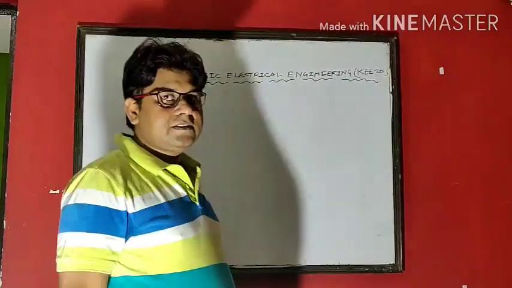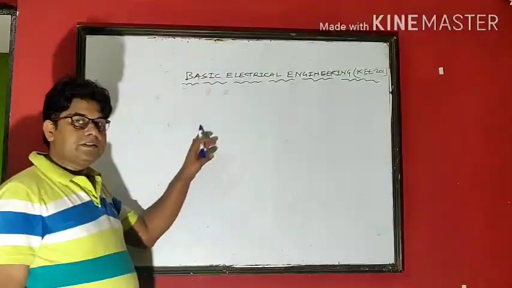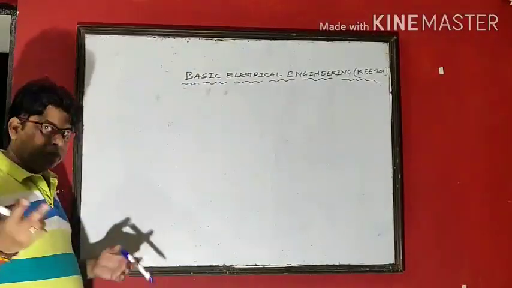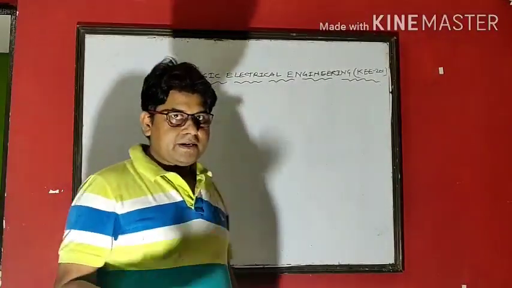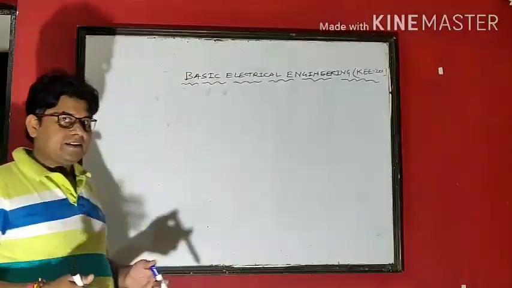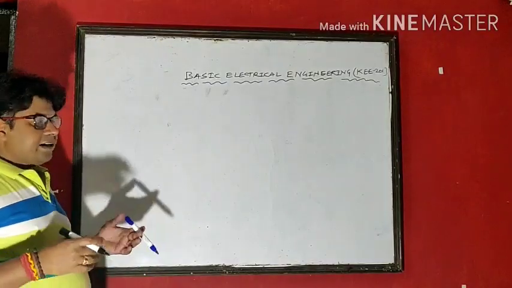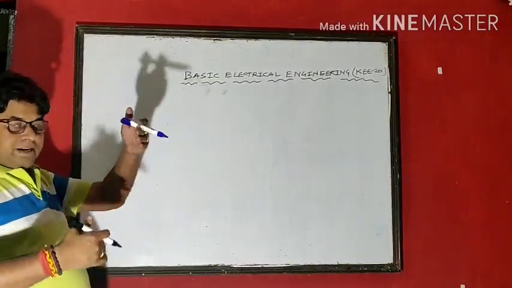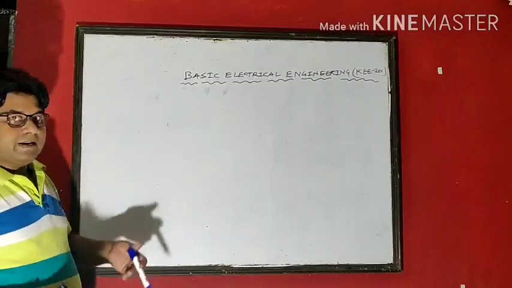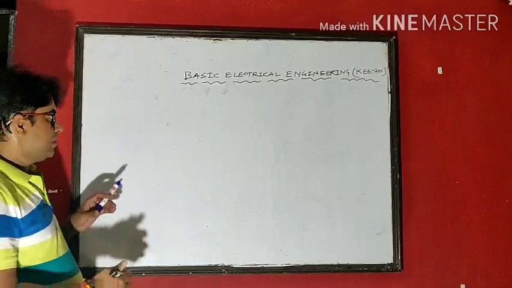Let's start the DC generator. That is important. That is types of DC generator. So there are two types of DC generator. One is a separately excited DC generator, and another is self-excited generator. In separately excited generator, that means separately the field is excited by external devices, that is battery or other sources.